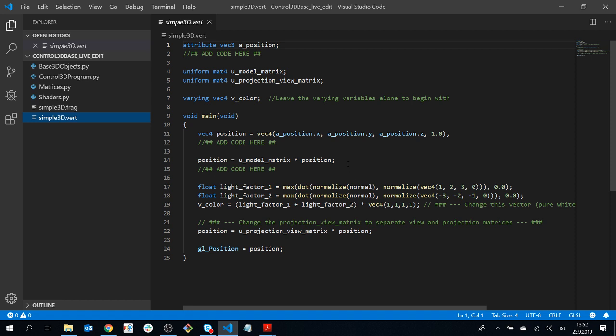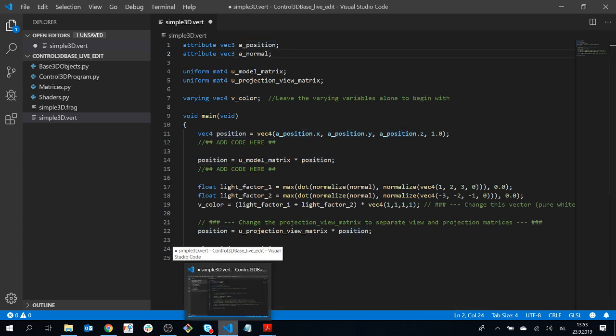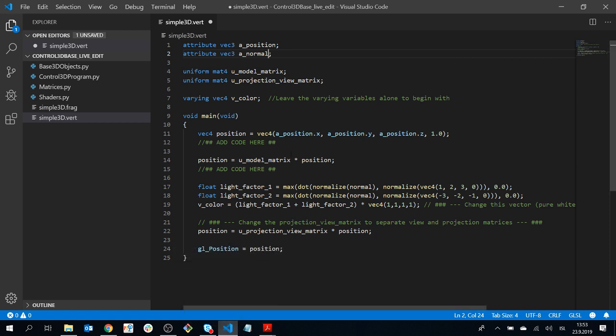So the first thing we do is we want to add the normal as well. Since we're working in 3 dimensions now, the position alone is not enough. So I'm going to add another attribute here, and I'm going to call it a normal. So now I've added the attribute. In the shader, I want to do something very similar. The only reason I'm doing this is basically since we're sending in 3 values at a time for the vertices, that is 3 for the position and 3 for the normals,